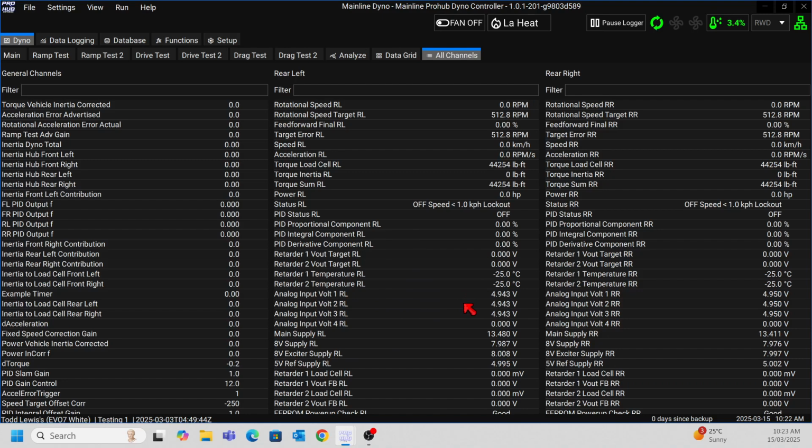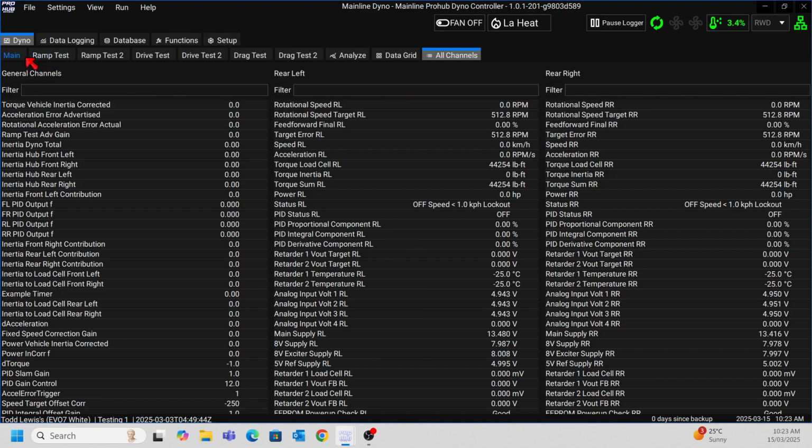There are some 4 analog voltage channels that are used in the pod controllers, for example, for the temperature of the retarder, and also like a feedback voltage of some components that are used in each dyno unit. So the fact that we're getting data here proves that we're getting data back, and then, well, you can't see it in this video, the head unit would be indicating 2 green lights, meaning it's talking to the pod